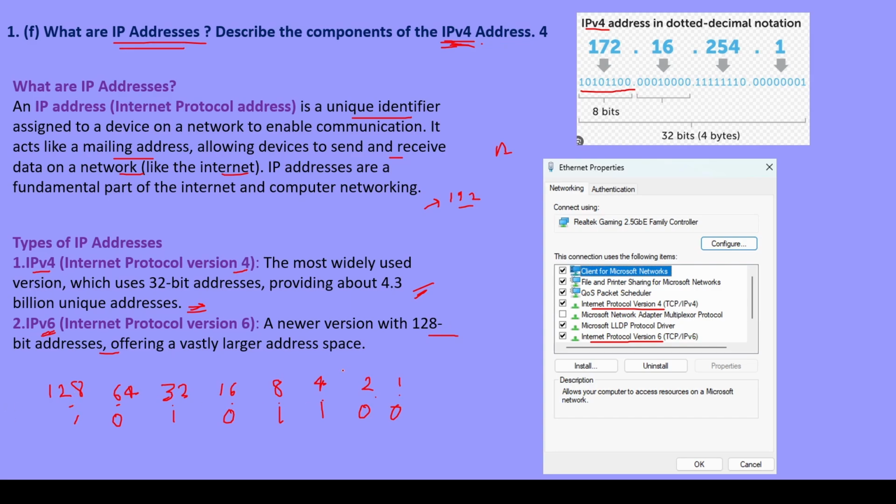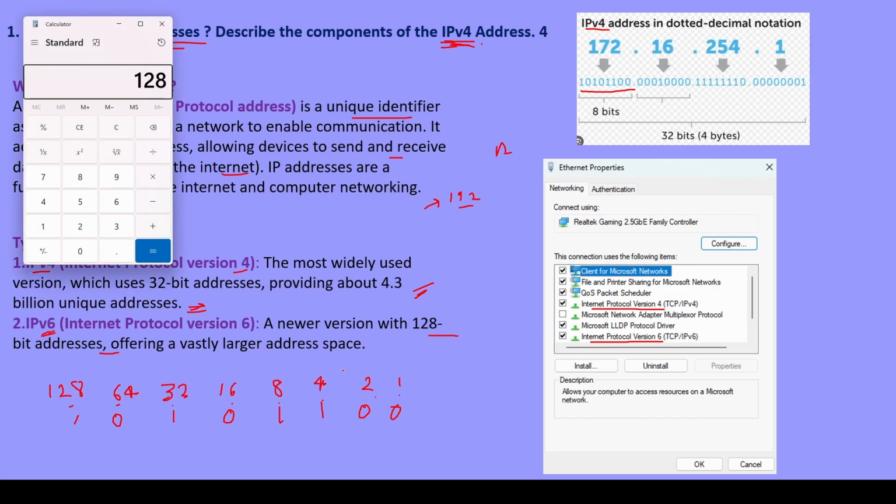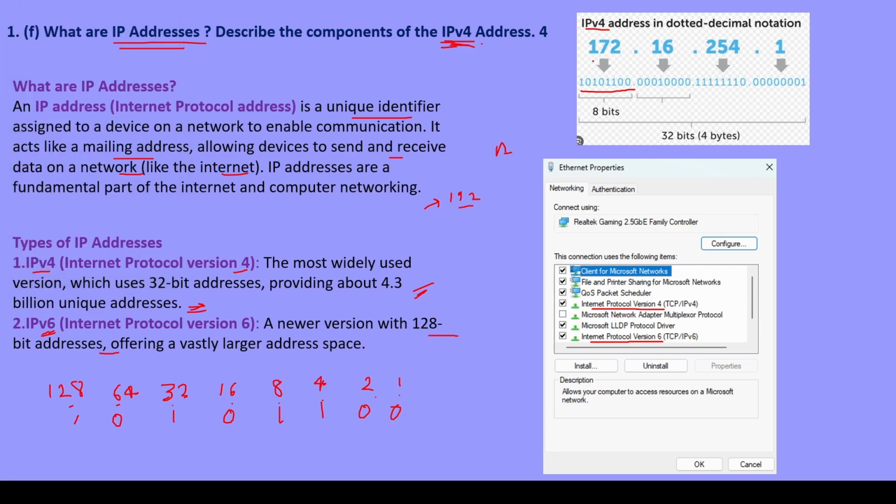So here we calculate: 128 plus 32 plus 8 plus 4. As you can see, that gives 172. That's how the bits actually work. This is the fundamental of how bits and octets work in the background. I personally suggest you read about all the IP address classes. It is more beneficial for you to know which addresses lie in which class, such as 192 to 128, 128 to 127,